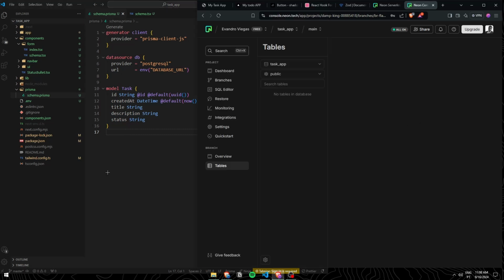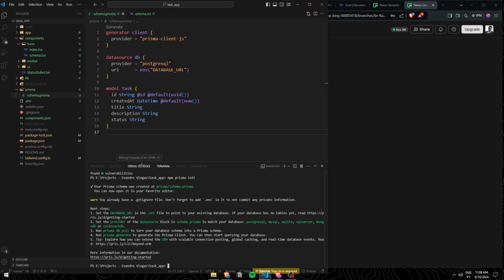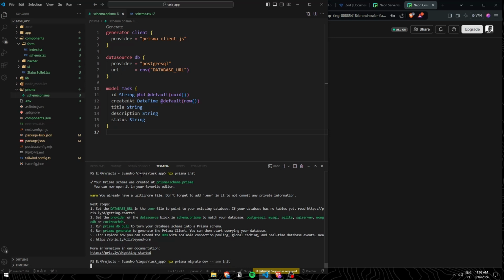So to do this, we are going to use a command from Prisma, which is going to be npx prisma migrate dev, and we have to give a name for this migration. This is going to be init because it's the first migration that we are doing. So just click enter,